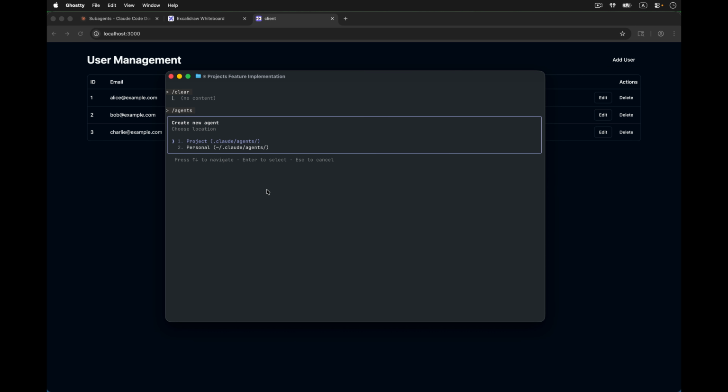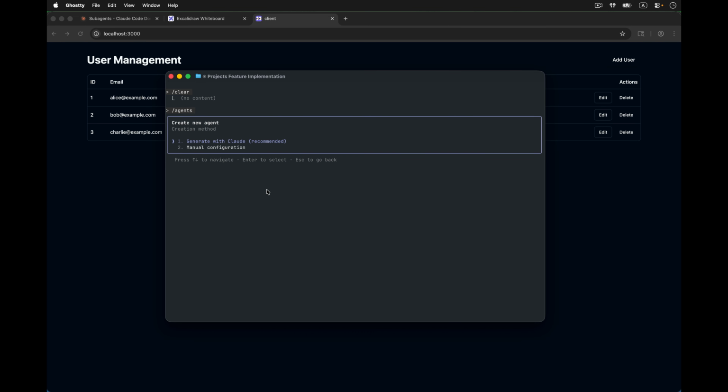So let's create the project agent, and also we can choose how we want to create it. We can create it manually, and in this case we'll need to write all these instructions manually, and I will prefer to create it automatically,